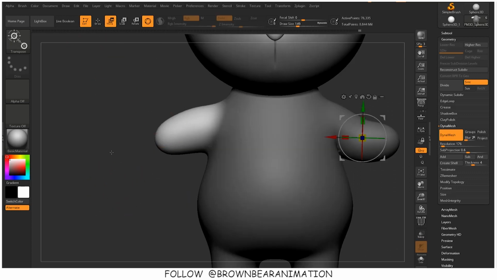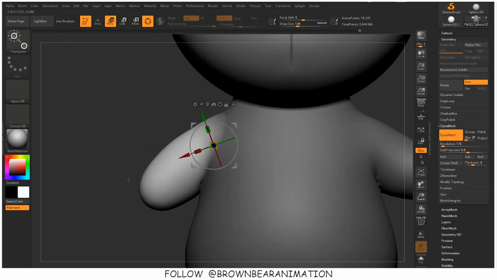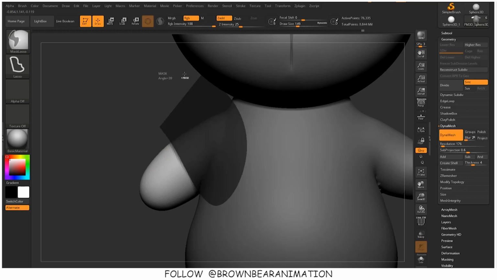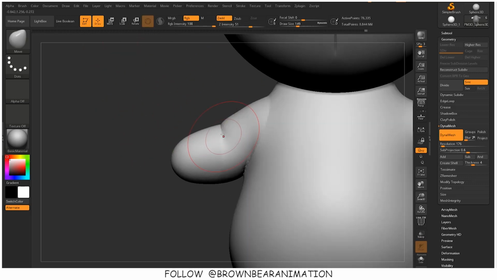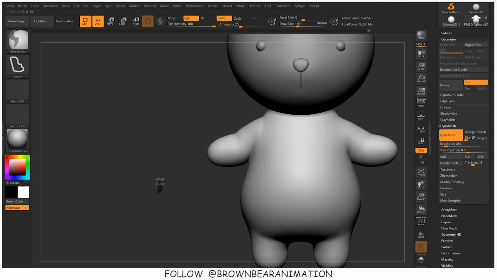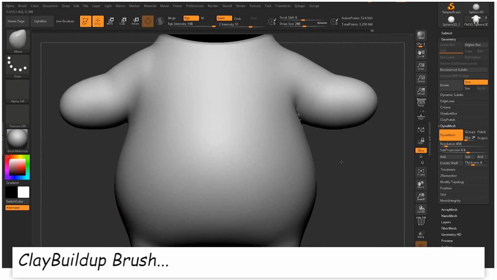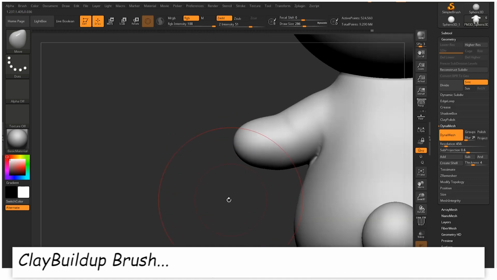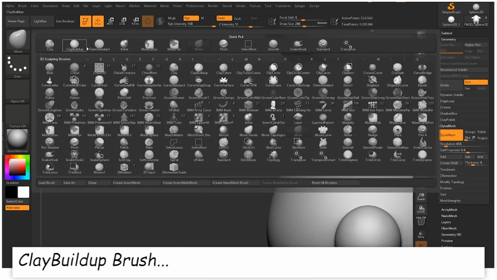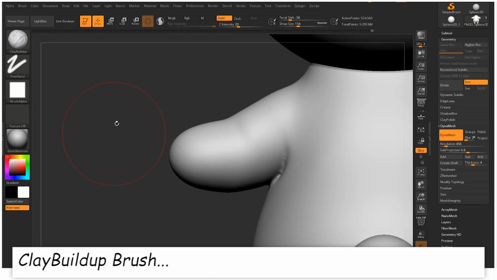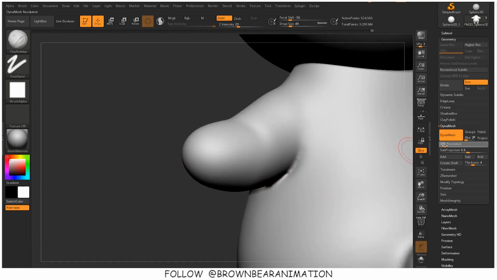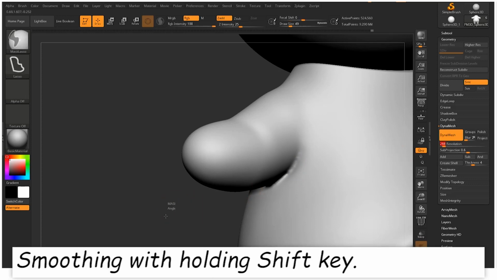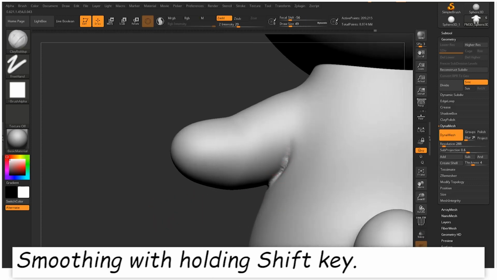And I am again using the same trick for posing the other hand. I am masking the hands, then blurring out the mask, then by Gizmo I am changing the pose of the model. So I am filling out the shapes with the clay builder brush, then smoothing it out. This is almost the cleaning part of this sculpt.